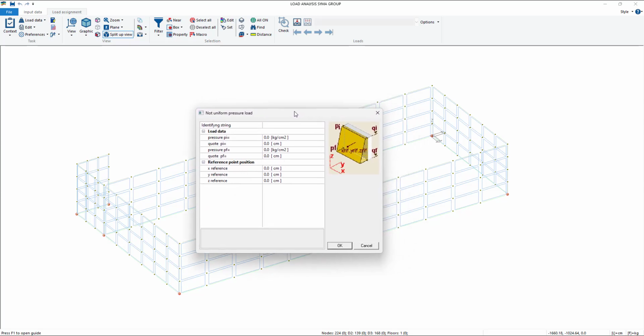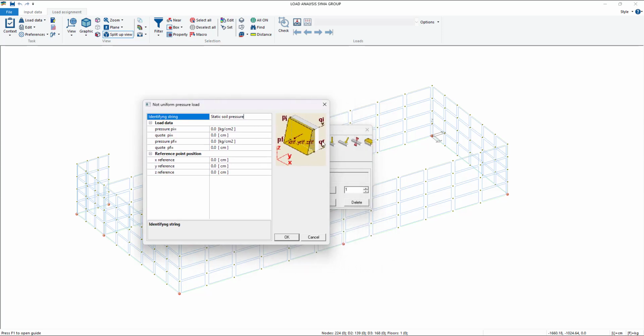And here you can, of course, insert the static soil pressure as the name of the load. You have to insert, as you see by this image, an initial quote, a final quote, and you can insert an initial value and a final value for the pressure.